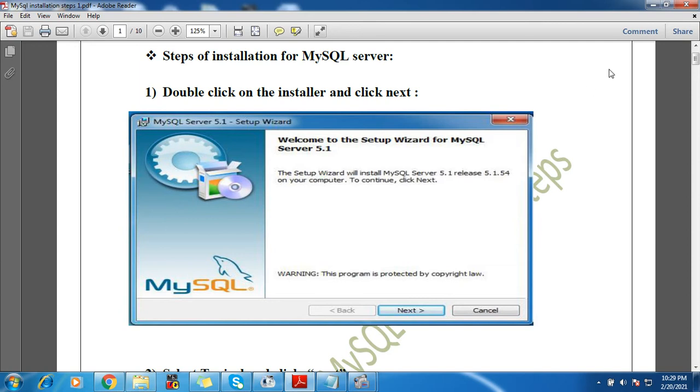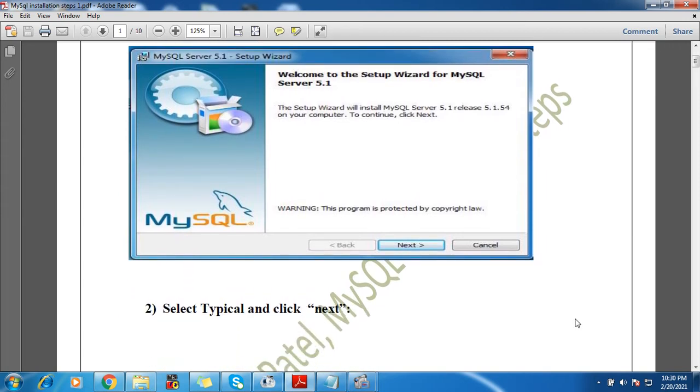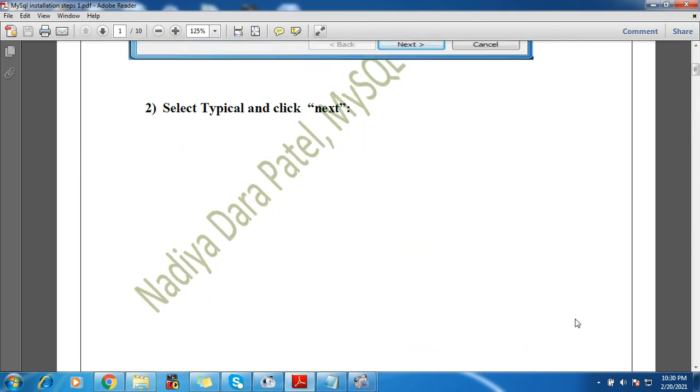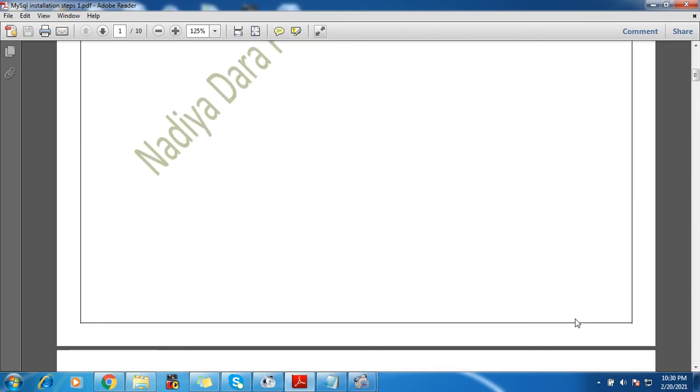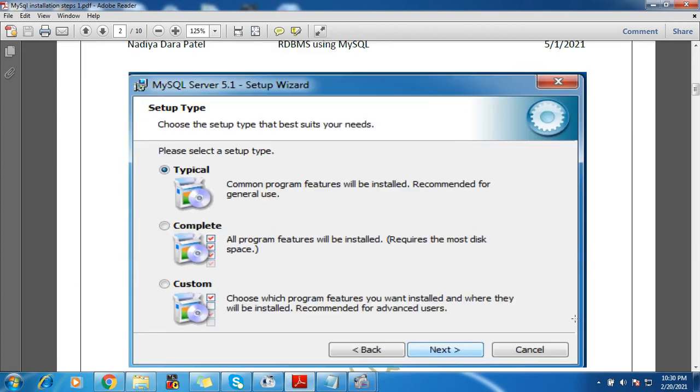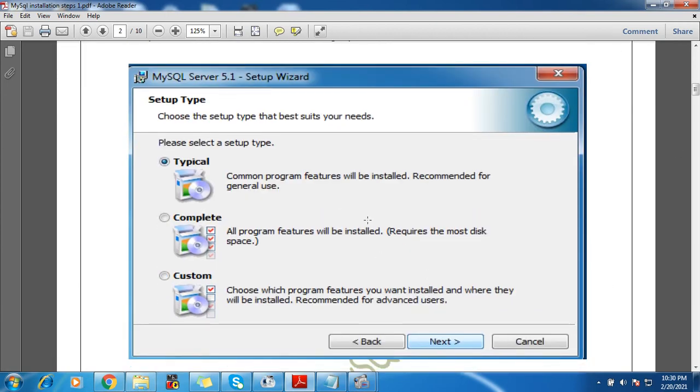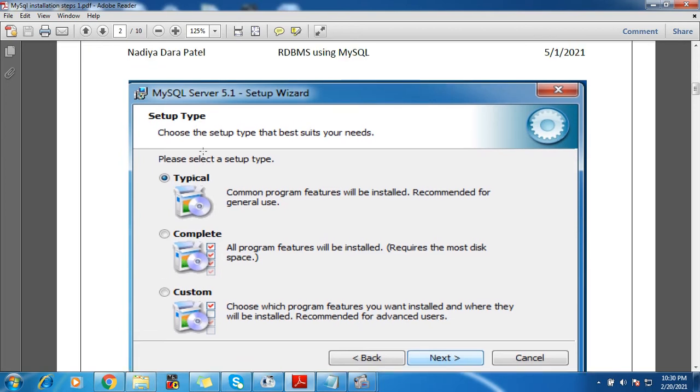I double clicked on the installer, and this window got prompted. I clicked next, and after clicking next, the next window which appeared was this. When this window appears, it asks you for the type of setup you want to install on your device.